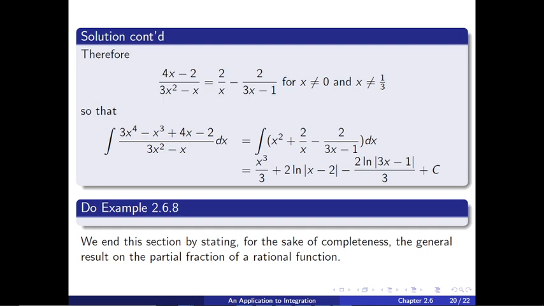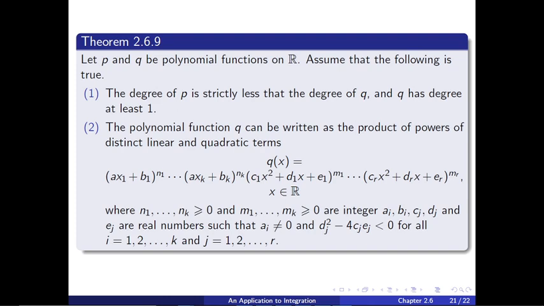So now we are just going to have a theorem that tells us what we are supposed to do in general, right? In a general case, and that's theorem 2.6.9, and it says, let p and q be polynomial functions